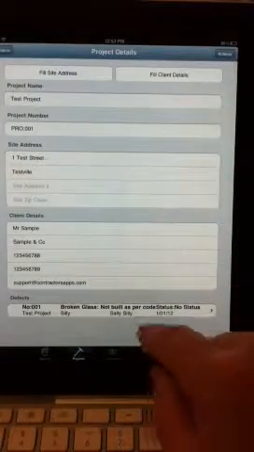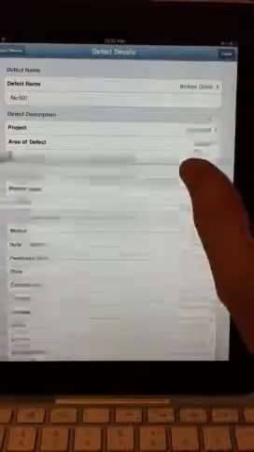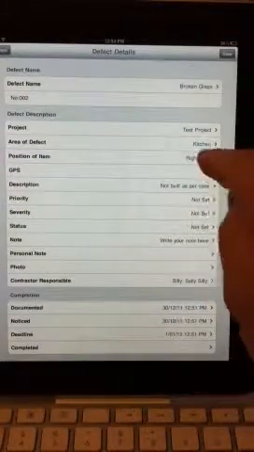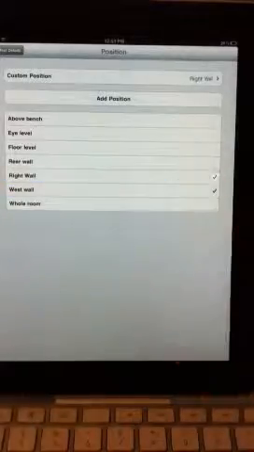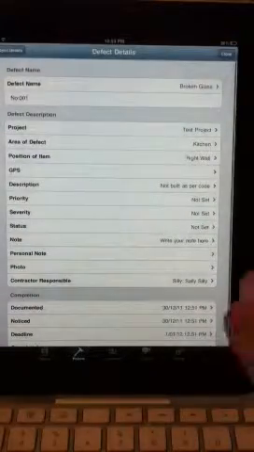If you had something that was a very similar item, you can basically open up that same item again, pick clone, and it'll do everything there. It might be in a different area as well, and you change that, and then add another photo to it, and simply hit done, and that'll automatically clone it just like that.